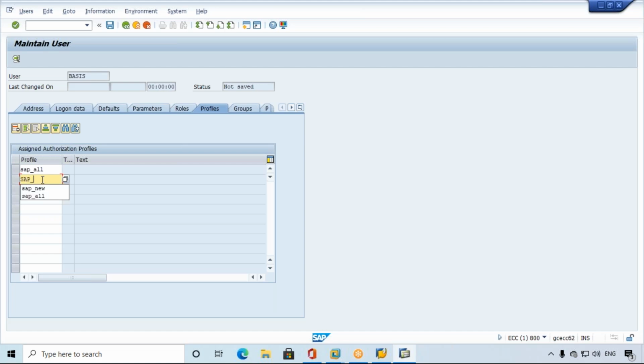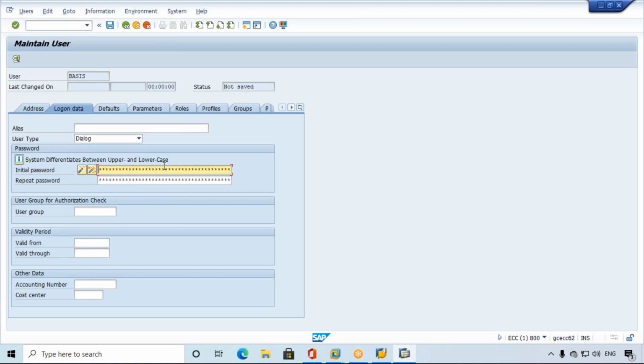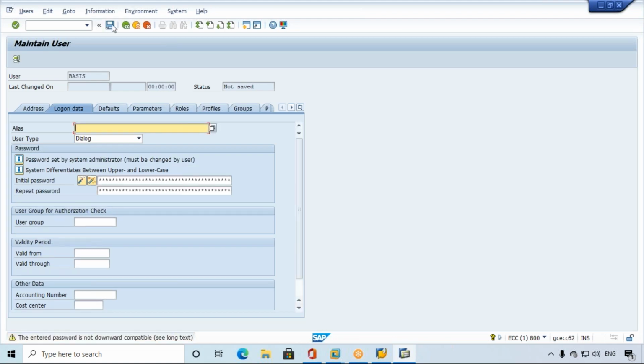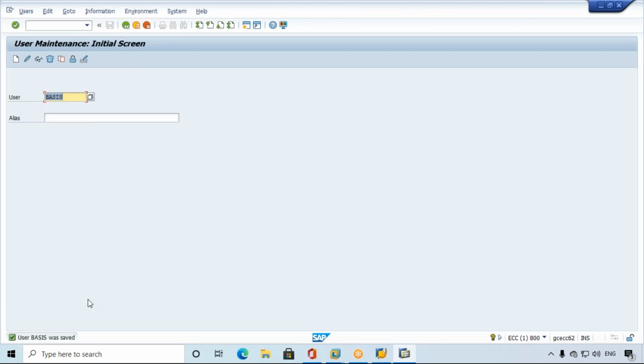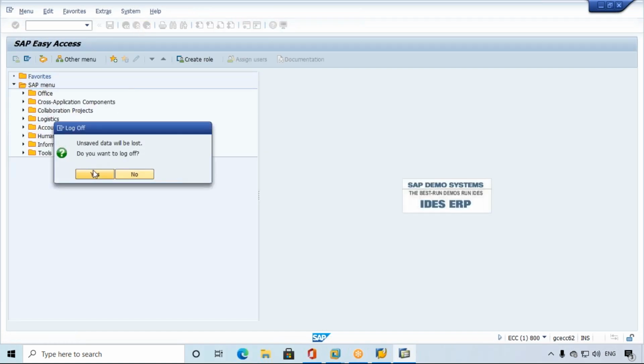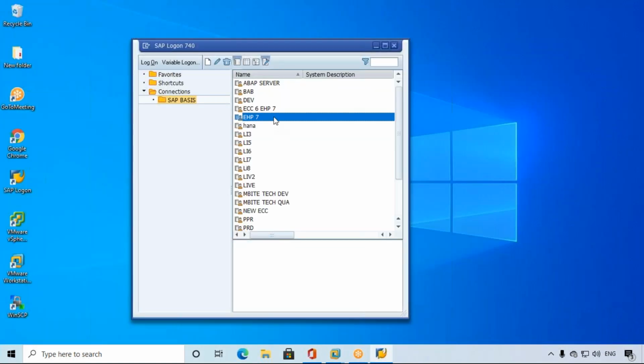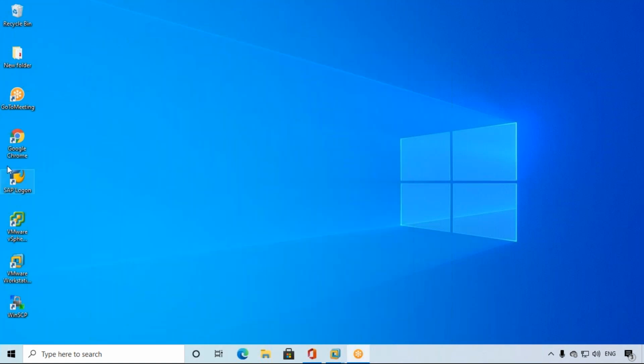The user should have SAP_ALL and SAP_NEW. So that is a special user ID. Please remember that it is not our regular user ID.